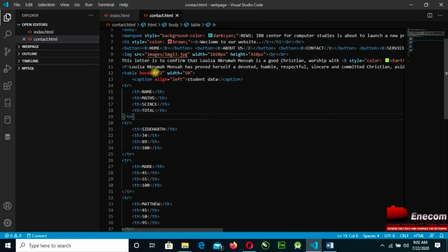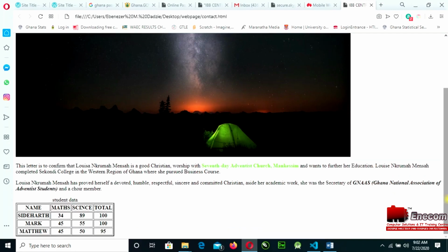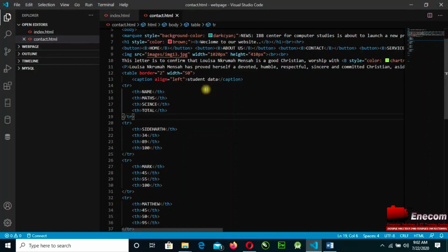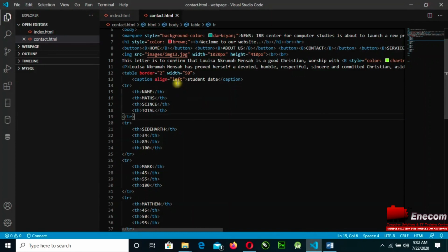This red command gives you an error, so you just have to find out what the problem is. But you can see that I have my table on there, and I have the table header over here. So I have the student data, on the right side of the activities. So if you want to insert more activities, you have access to do that. Later I will move these activities over here. So these are all the table properties that you can create.